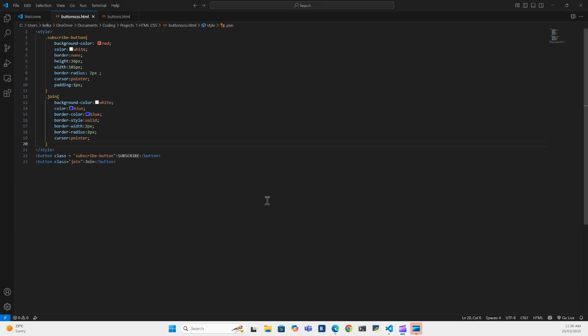Yeah. So now I'm going to explain the join button stuff as well, because a few of them are a little bit different from what we learned in the subscribe button. So the background color and the color are the same, and they are going to be a default thing for every single CSS button. Another one is the border color. Now, border color is something which is new for us. So this border color basically